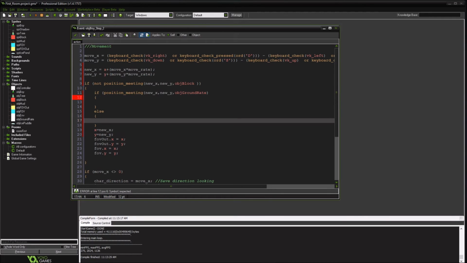So if we don't meet the ground rate, this will be our true portion, and our false. False. We're going to change our move rate back to the base move rate. So we know the next time we go around, we'll have a step and we'll be at our normal rate. So here we're going to say our move rate is going to be